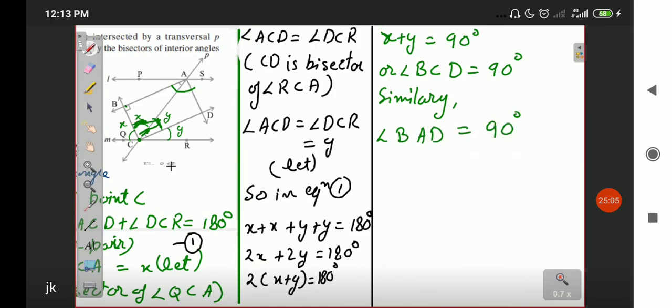Okay, we are not going to repeat the whole solution because in that way this will be a very bulky solution. We are just going to use 'similarly'. Similarly here refers to that we have to repeat the same procedure. Because the procedure is same, we are not mentioning it. Using the same procedure, we know that angle BAD is also going to be equal to 90 degree. Okay, so what has happened here is one pair of opposite angles has become equal. Okay, that means this quadrilateral has become a parallelogram.